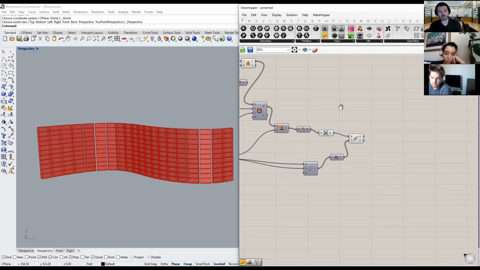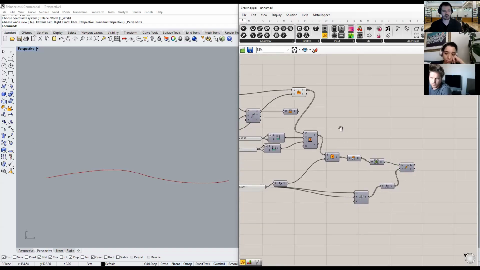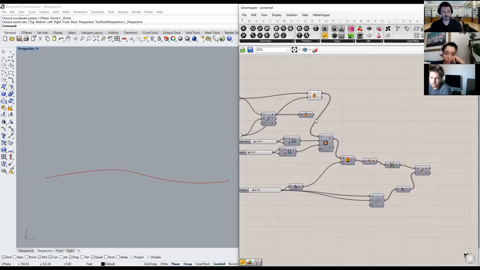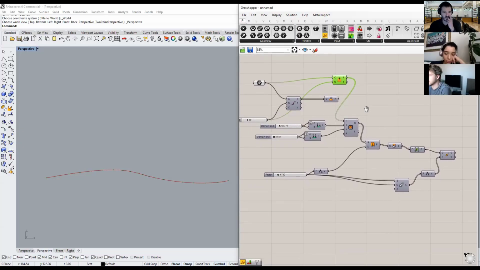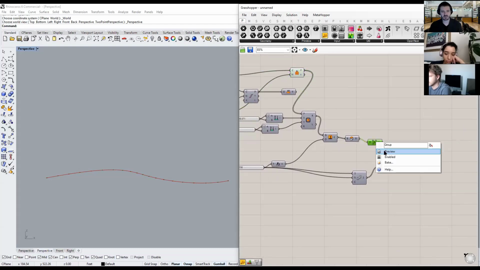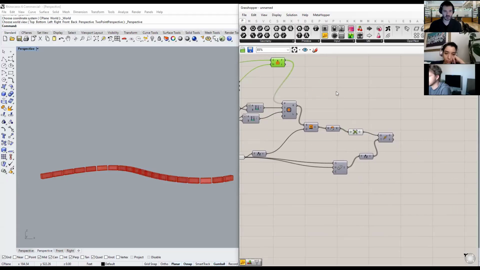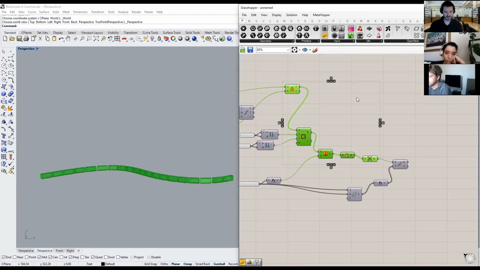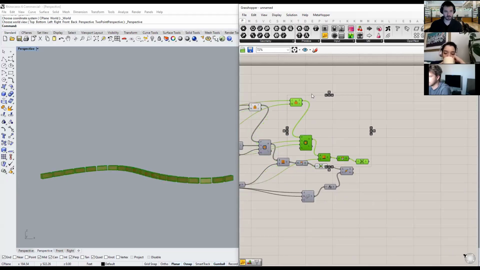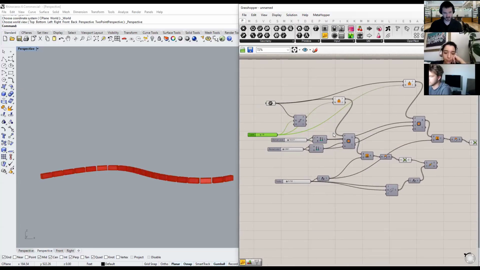Okay, so how do we do that? So what I'm going to do is this. I'm going to go ahead and hide these for now, and I'm going to make a branch of this thing. And so what I can do is, this is kind of a hack, but let's see here. It's not the way that I would always do it, but I'm going to take this branch here, and instead of this count,